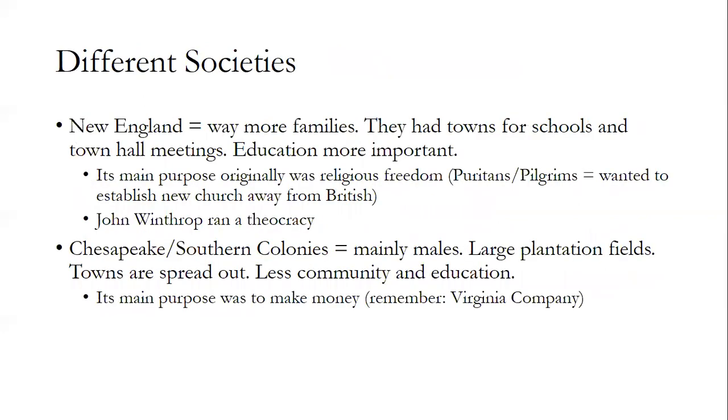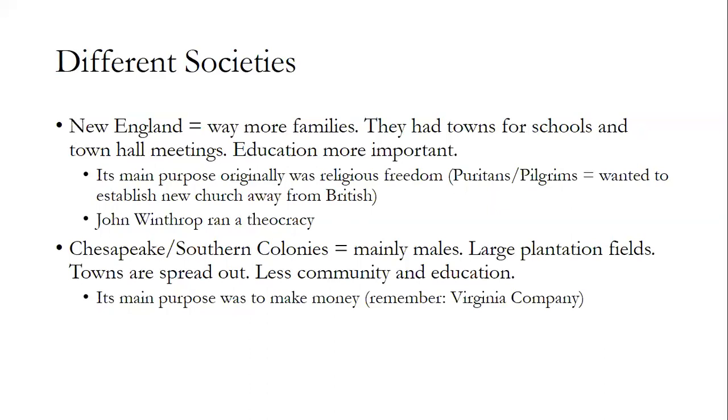All right, now the different societies. Most of your questions when it comes to the different societies established are going to be asking you to compare New England and the Chesapeake. That includes an essay that you're going to be writing later this week. And the reason why is because both of these areas are going to be heavily populated from people from Great Britain. But the colonies turned out so differently. And because of that, historians have always been loving to study, like, why did these colonies that basically were made up of the same people turn out so differently?